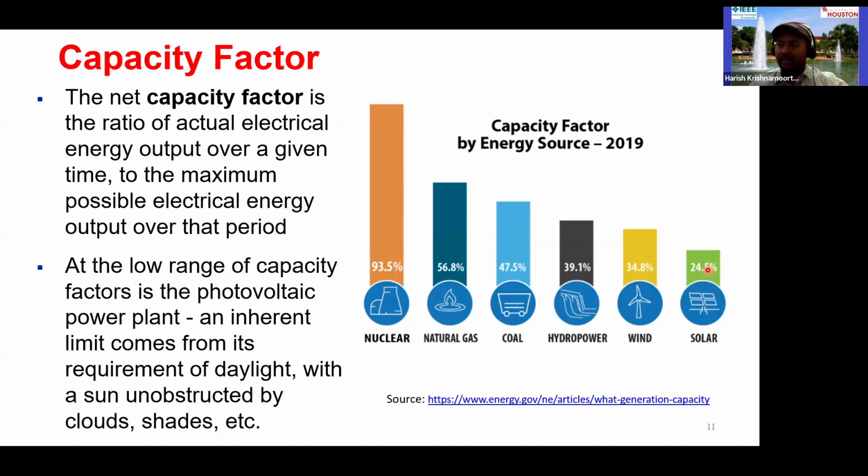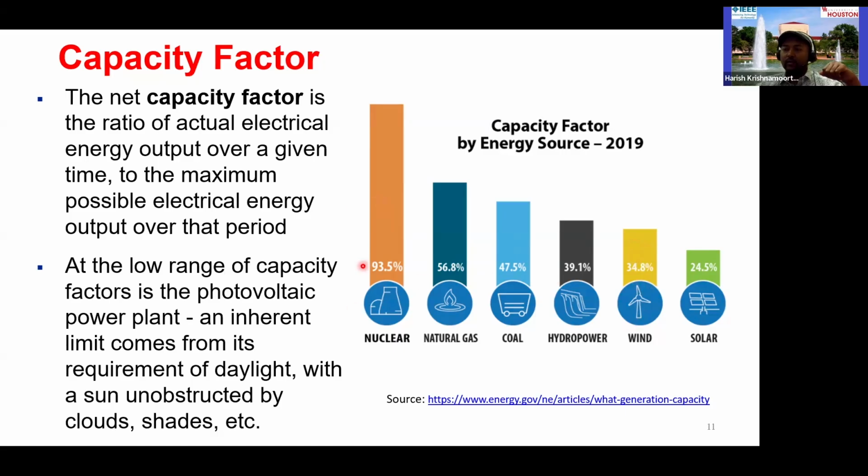And that also includes some aspects of curtailment, because sometimes there is excess energy already available in the system, and then the utility actually regulates the solar panels. They ask the solar farm to reduce the energy output, because otherwise the supply will exceed the demand and potentially cause congestion in the grid. In terms of the capacity factor, wind turbines are a little better because they have mechanical inertia as well, and the patterns of the wind change a little bit less frequently than sunlight, so you have a better capacity factor for the wind.